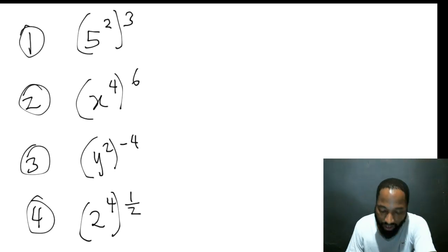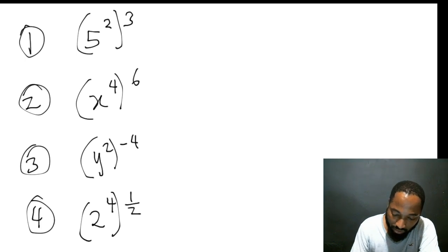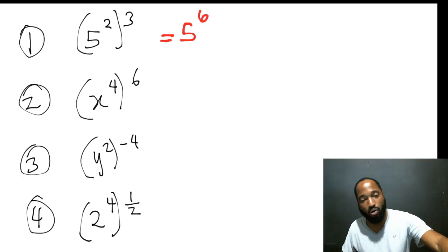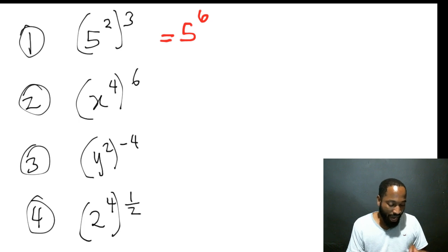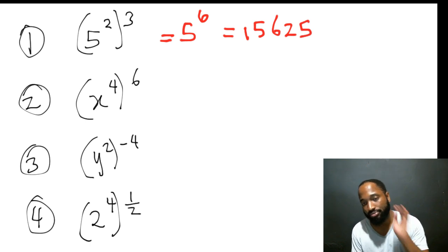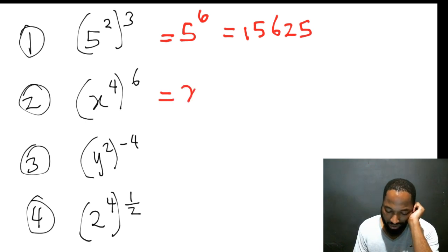So people are saying the first one is 5 to the power of 6, which is good, that's correct, which is an actual number that you can write out. You can put 5 to the power of 6 in your calculator and work out that number. It's 15625, a big number. This one is correct as well because they multiply.